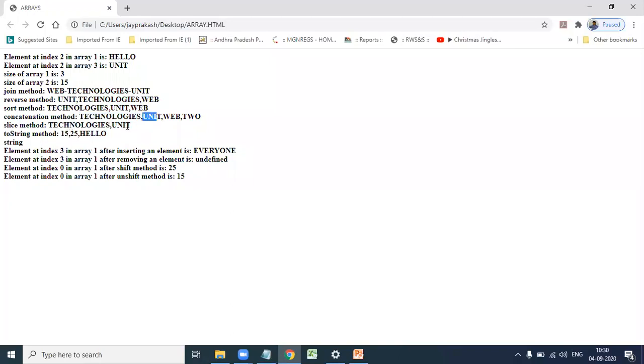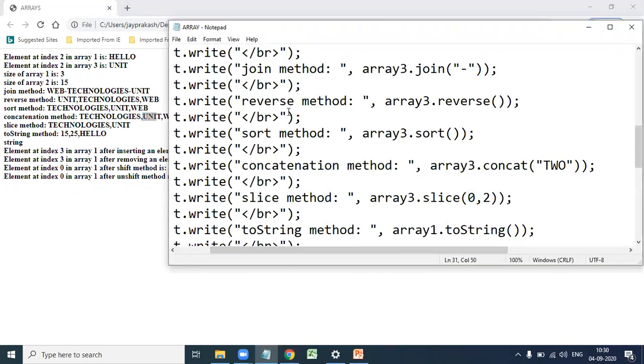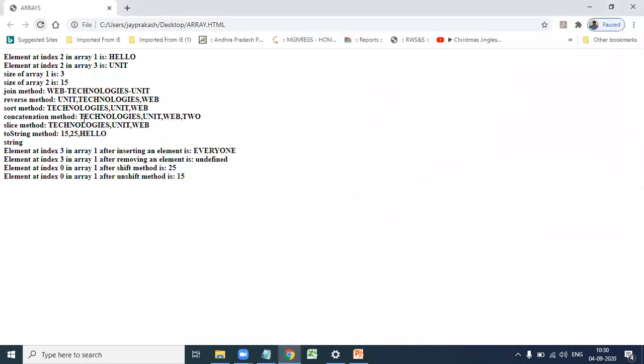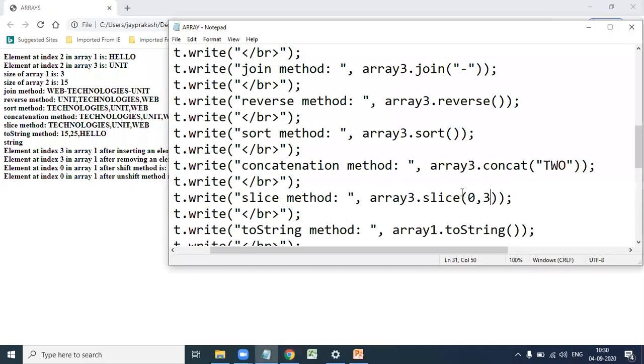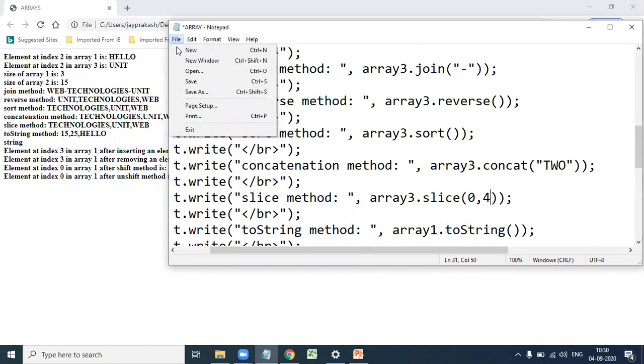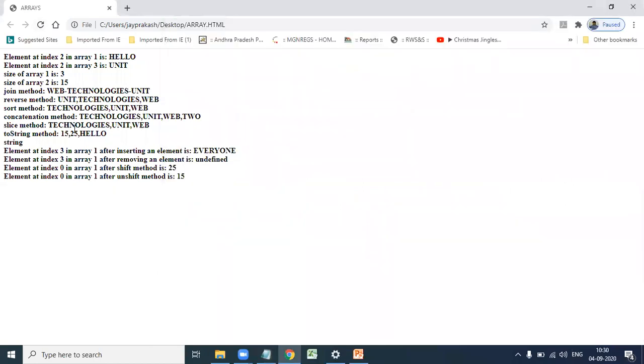If you give slice(0, 3), it retrieves elements from index 0 to index 2, that is technologies, unit, web. If you give 4, it returns elements from index 0 to 3: index 0 value, index 1 value, index 2 value, and index 3 value. See here, technologies.